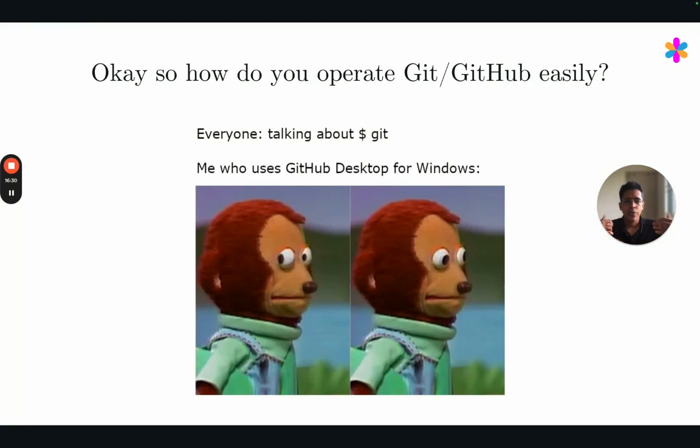But I know a lot of experienced coders and a lot of people who are more serious with respect to these things. They really don't like GitHub Desktop. There are clearly two schools of thought here. But I'm of the school of thought that is shameless and does not have any guilt in admitting that I prefer GitHub Desktop over terminal.